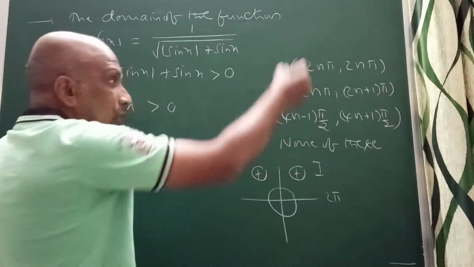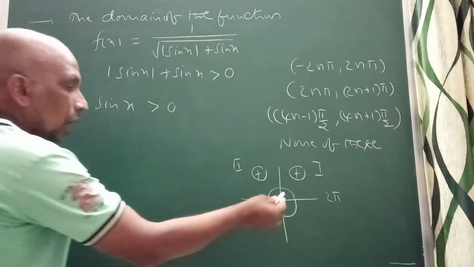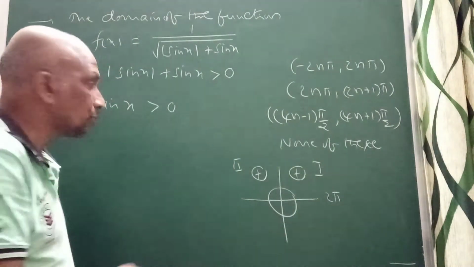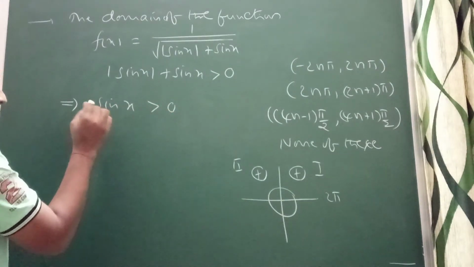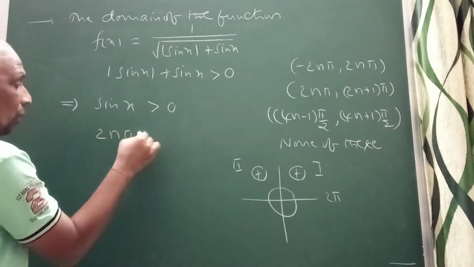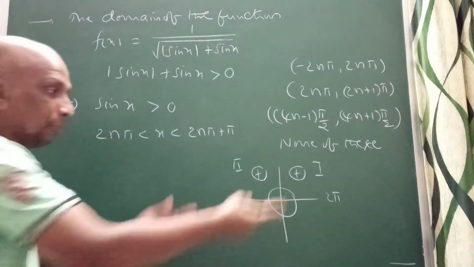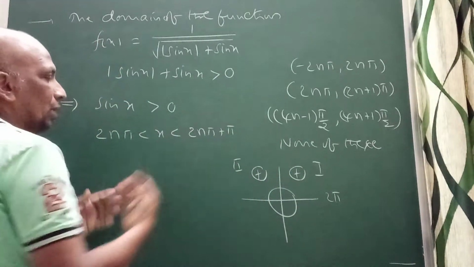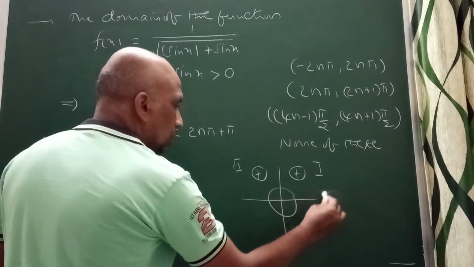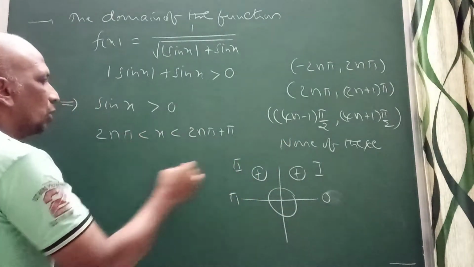Suppose these are the options we have been given. All 2n pi combinations are given. So when I have taken here, suppose after one complete rotation, 2 pi plus pi also is possible. So if sin x is positive, I can write that this x value lies between 2n pi less than x less than 2n pi plus pi. 2n pi is the number of rotations, right? After adding pi, this is 0 to pi, right? Actually, I can consider this is 0 to pi. Number of rotations if we take, I am adding 0 to pi, right?